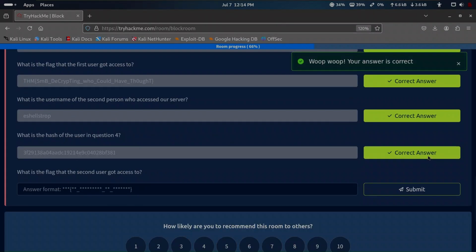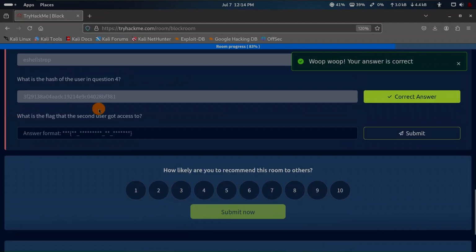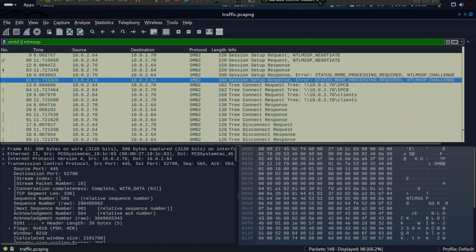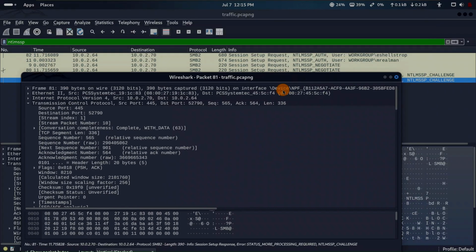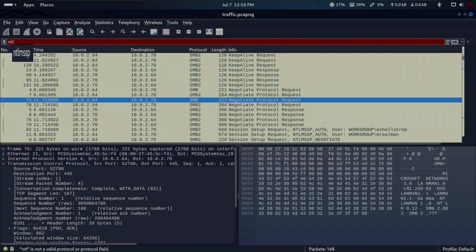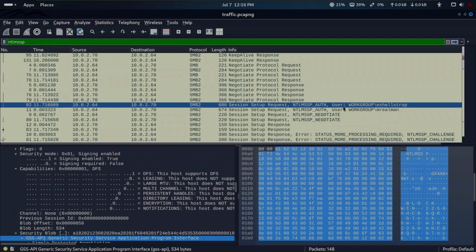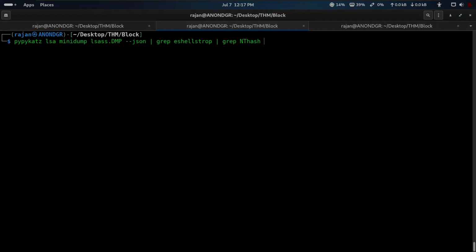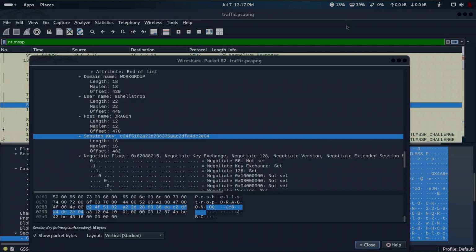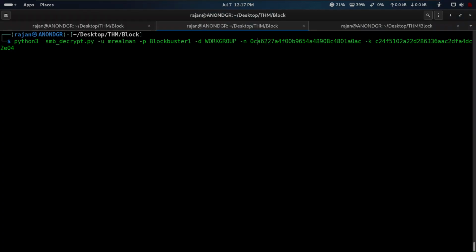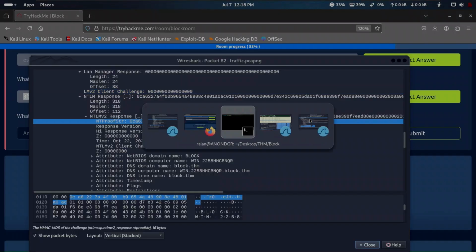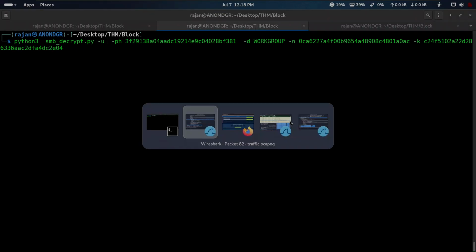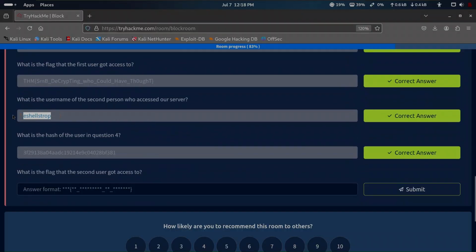Now we've reached the final question: find the flag for the second user. To do this, we'll repeat the same process we used to retrieve the first user's flag. However, this time, instead of extracting the session key from the first user's SMB packet, we'll locate it within the SMB packets associated with the second user. Once you've identified the required fields, including the session key, username, domain name, ntproof_str, and password, run the same script